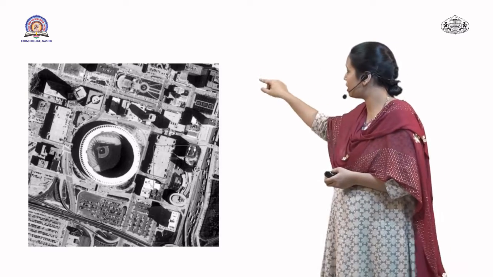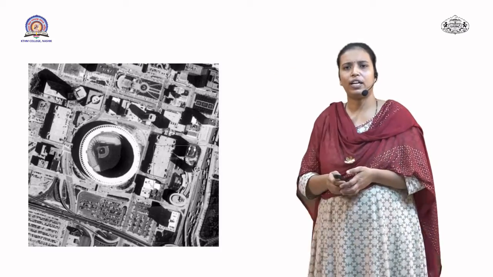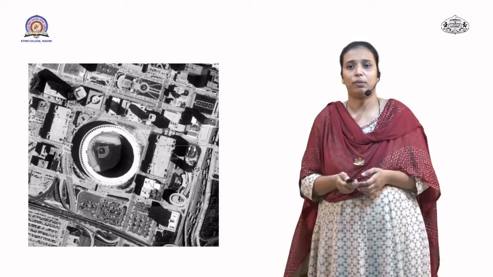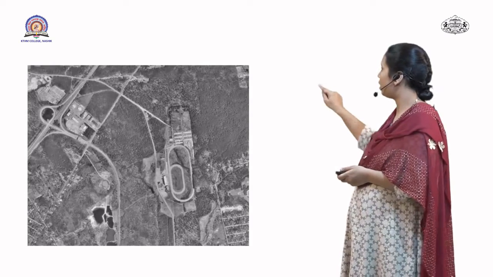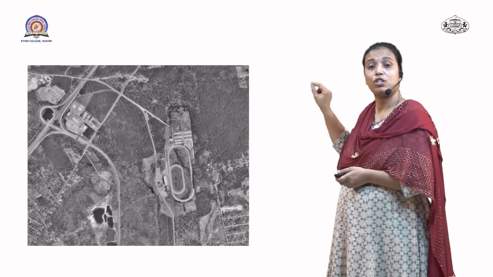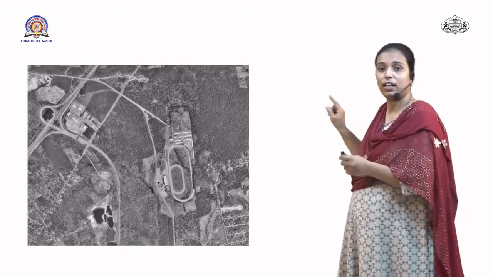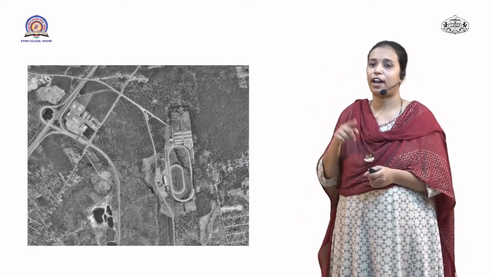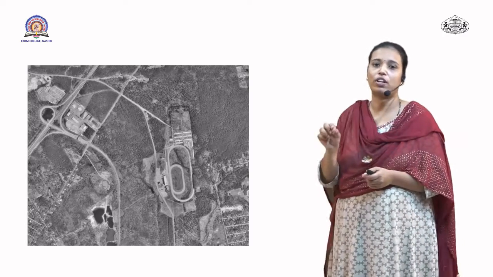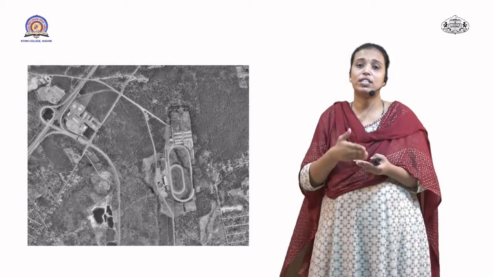And similarly, you can see different rectangular shape and it has a certain shadow. So there it may be a building which is situated near to the stadium. The second example, we'll take the example which I have given about the stadium. You can see here there is an oval long shape area and between it there is a short oval shape. So similarly, it can be a running track. So the long one is the large distance running track and the short one between it is the short running track, and the various roads you can see at that side. So likewise, this shape helps us to differentiate the phenomenon.